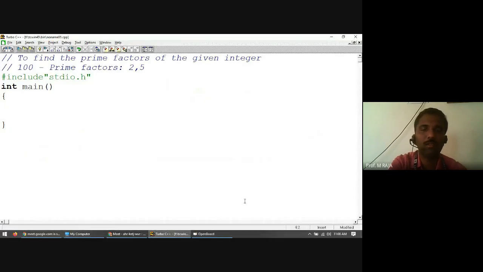Here int n, for example, printf "\n enter the number" or "enter the integer". scanf("%d", &n);